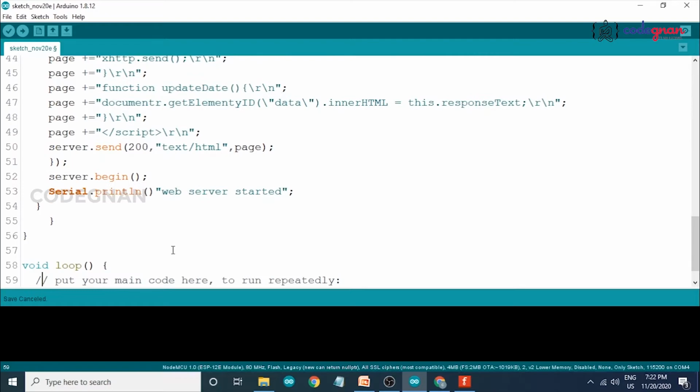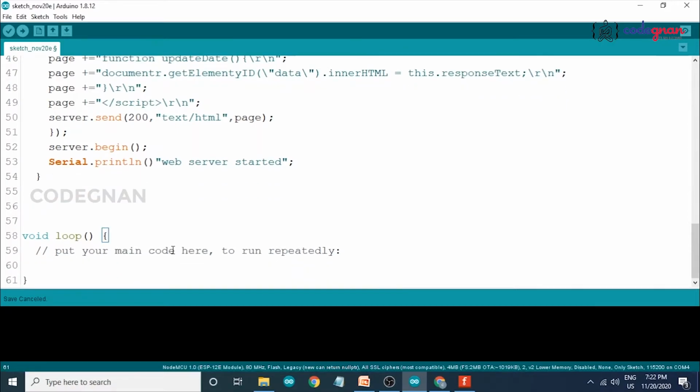Now coming to our while loop. In the loop, we have to write the program to get data from our soil moisture sensor.